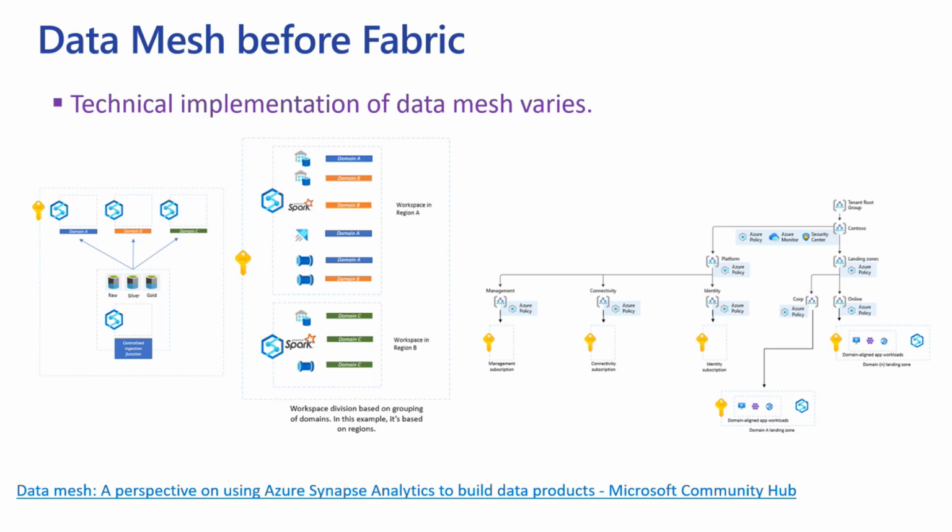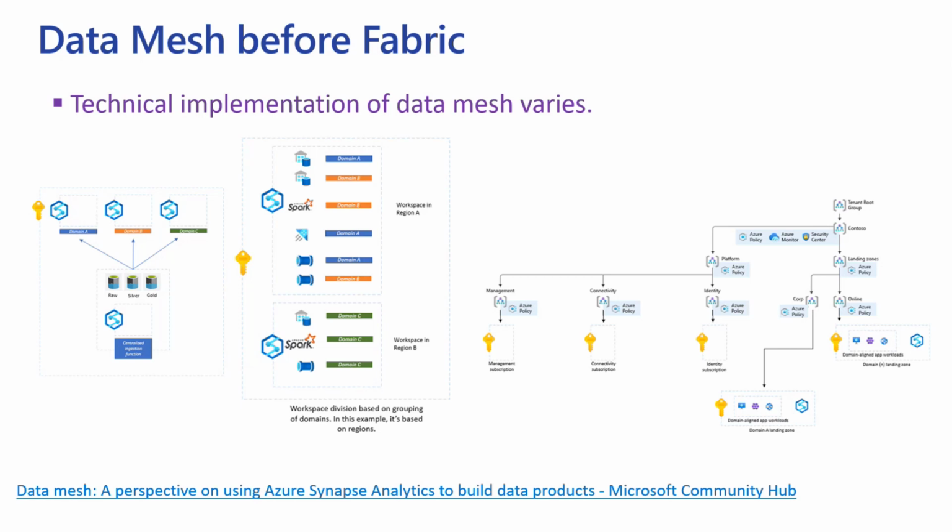I put in a link, and after we're going to share the slide deck. This link shows how we can create data mesh with Azure Synapse. It was written by a friend of mine, Amanjit. I strongly recommend you take a look at that